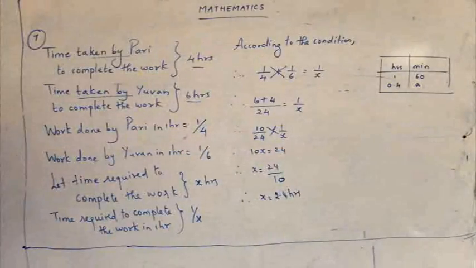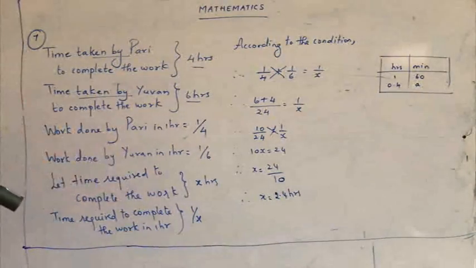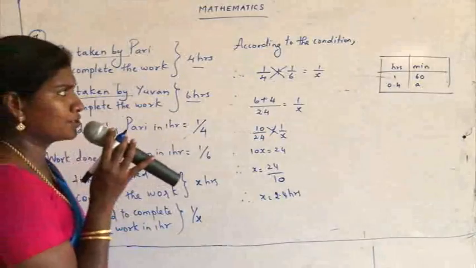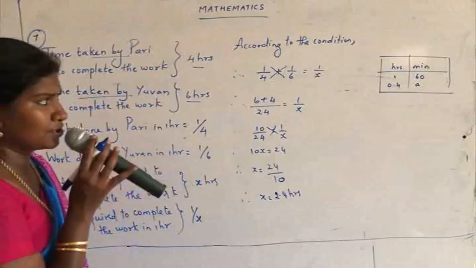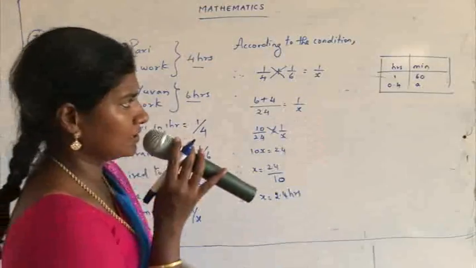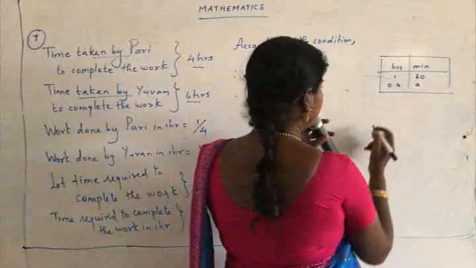So we have just made a table for hours and minutes. 1 hour is 60 minutes. Now we are going to convert 0.4 hours in terms of minutes. Let's see what to do. We have to use our unitary method over here. This we have already used when we studied direct proportion and inverse proportion. So we have studied how to solve the table. It's just simple, just cross multiply and get the answer.